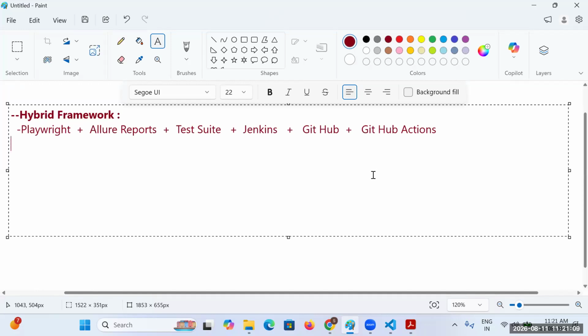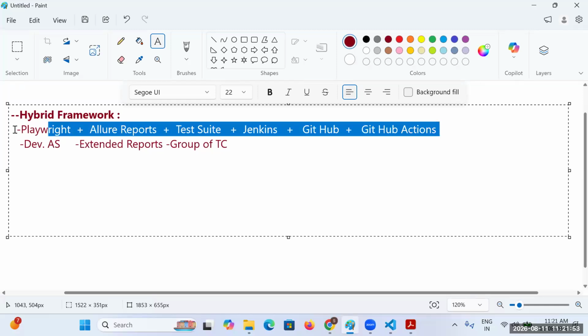So we will be taking Playwright, which is used in developing automation scripts, then Allure report, which we use to generate an extended report. Then we will be taking the test suite, where we mention a group of test cases and execute that group of test cases.